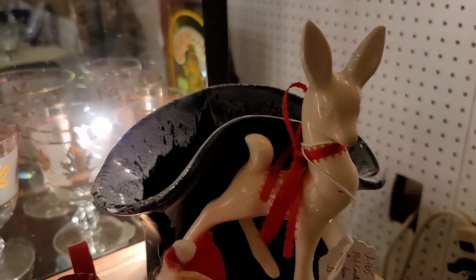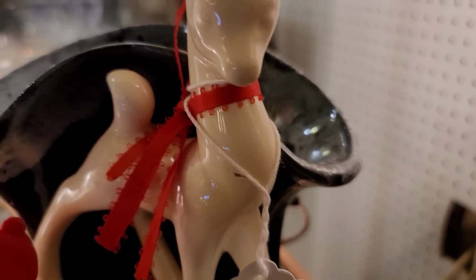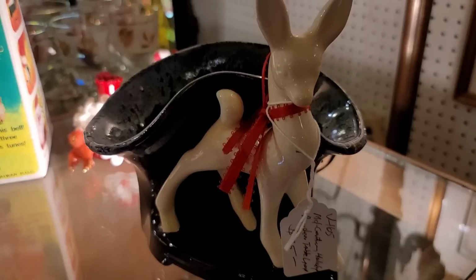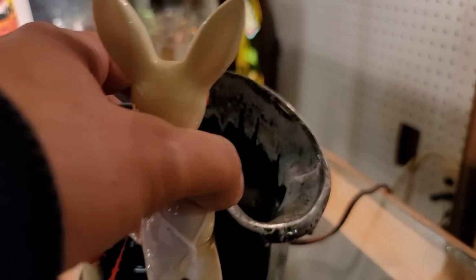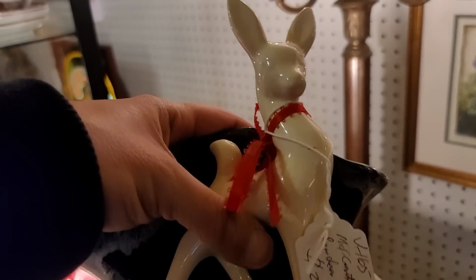I thought it was a planter at first, and I was like, oh, look, the light coming out from behind it. And then, ooh, see, I caught it on camera. I didn't catch it. I had to move it out and I was looking at it much more closely. Yeah, there's the light. Okay. Yep. That's the light, Michael. Great. And I don't know why I picked it up. I knew it was Shawnee, but